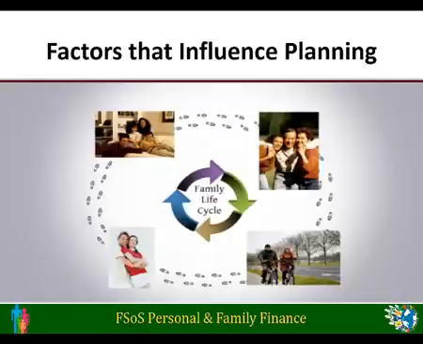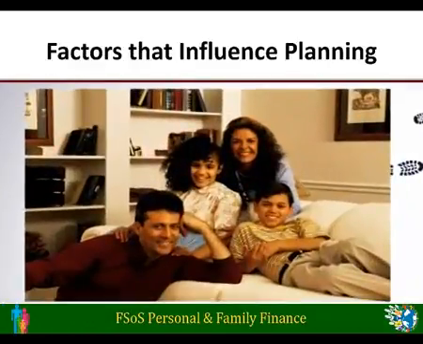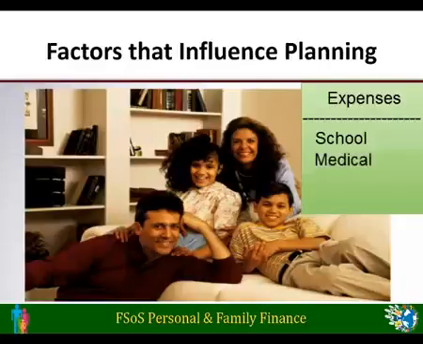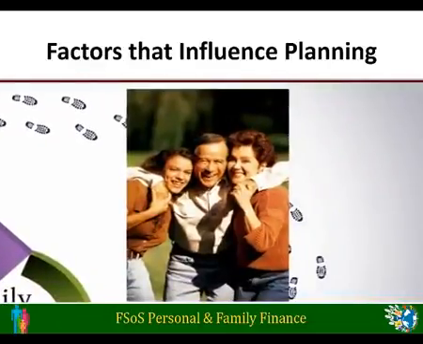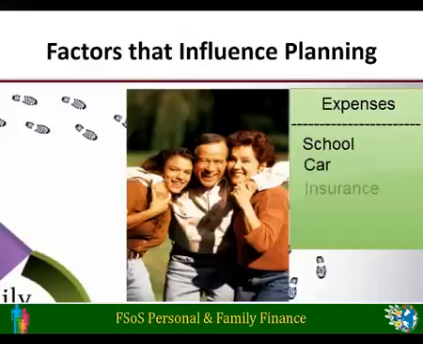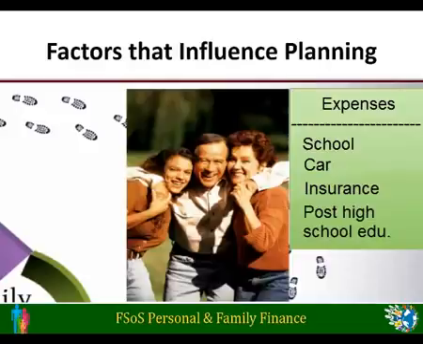Depending on where families are in the life cycle, they have different needs. They have different available resources, and their tasks are different. Families with young children will have expenses related to school. They may have higher medical expenses, and they may be beginning to save for their children's college education. Families with teens will also have school expenses, but they may have increased expenses related to cars and insurance, and may be thinking more immediately about post-high school education. Teens may also be earning money through part-time jobs, so they can pay for some expenses themselves and even contribute